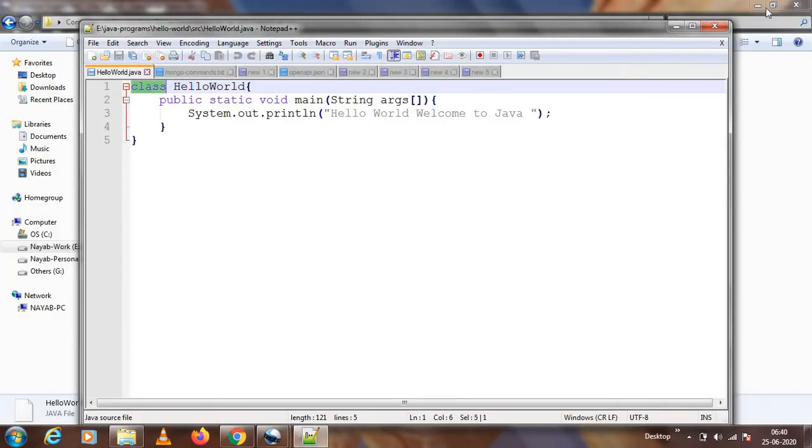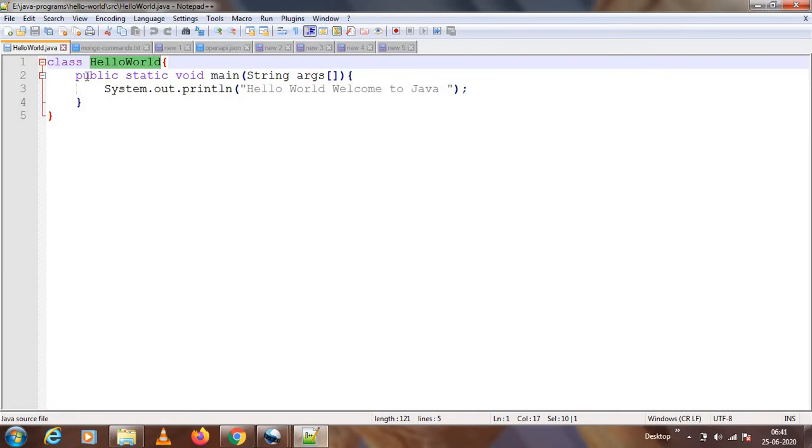Here I have typed class HelloWorld, public static void main, String args. Class is in small case, all these are small letters, and String is a capital. You just remember that from now onwards, whichever is capital in Java is a class name. Class name should start with a capital letter. Java generally follows the camel case syntax. Camel case means, for other than classes, we should start with a small letter, and then if any word is there in between, we have to give that word's